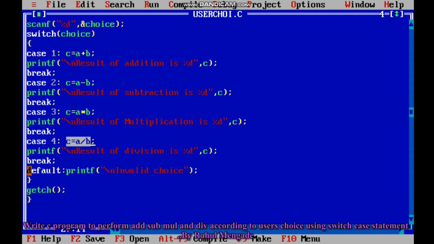it will go to the default case, right? So the default case is what? It will print invalid choice because the choice is not from the given cases, correct, right? Then getch and close the curly bracket, correct. Then